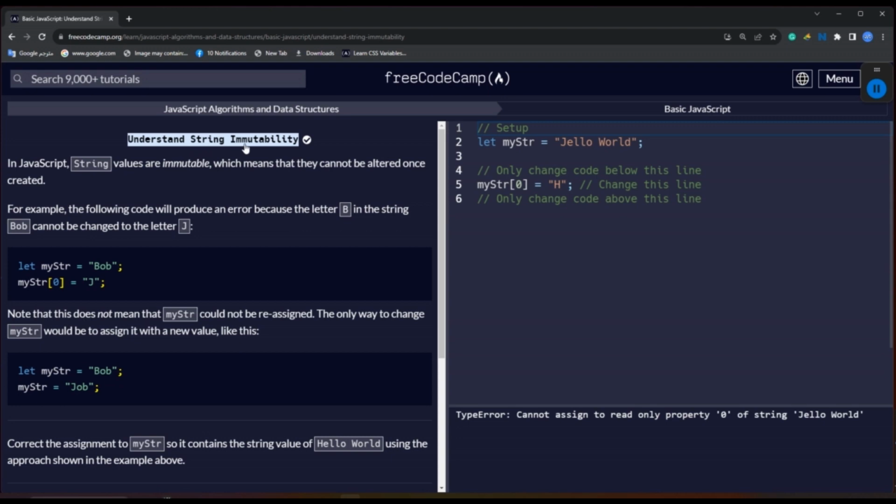Understand string immutability. In JavaScript, string values are immutable, which means that they cannot be altered once created. For example, the following code will produce an error because the letter B in the string Bob cannot be changed to the letter J. let myStr = "Bob"; myStr[0] = "J";